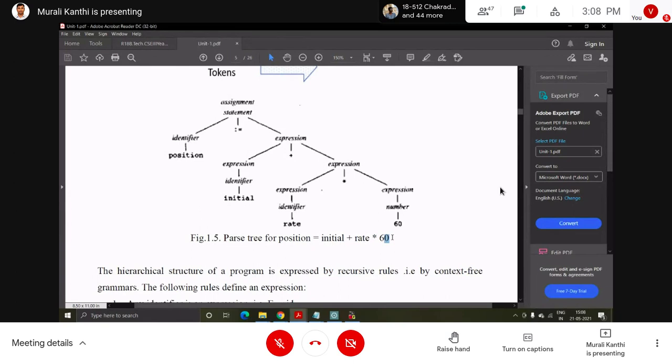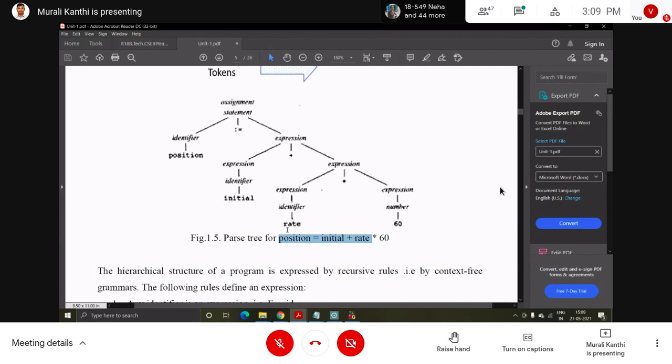So here this 60 will be converted into float, real. So now 60.0 means no problem. If it is converted into float, the value will not be changed, so there is no loss. Okay, 60.0. If position, initial, rate are holding float values, then 60.0 is also a float value.